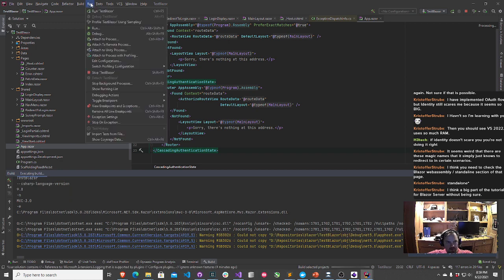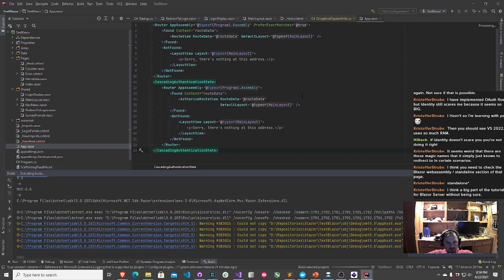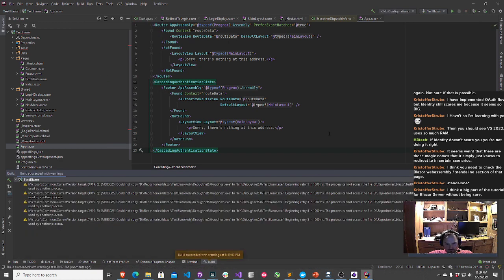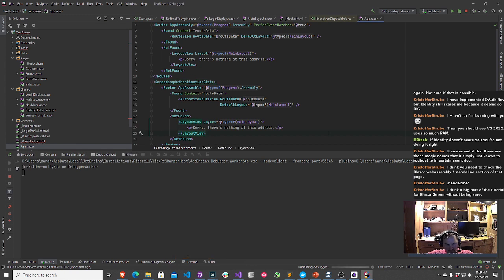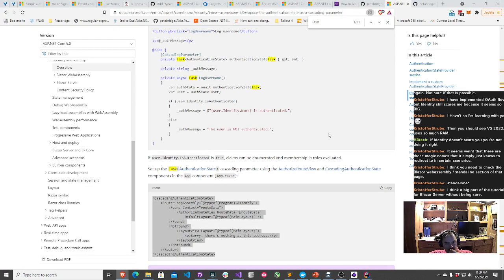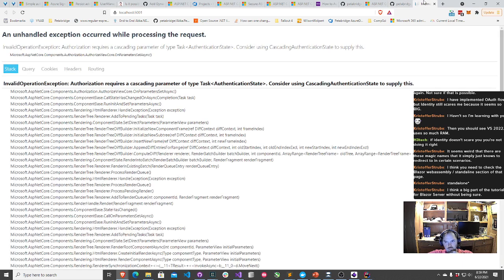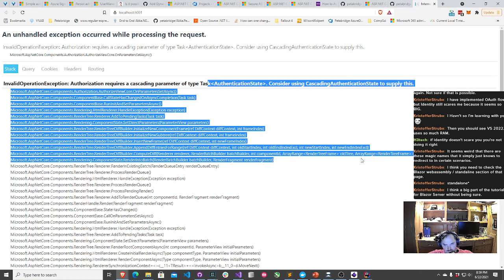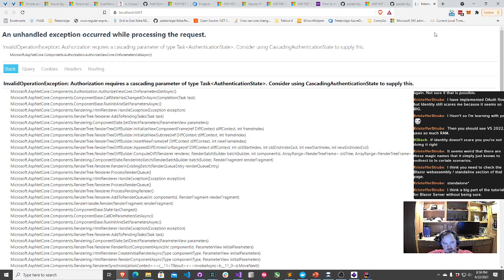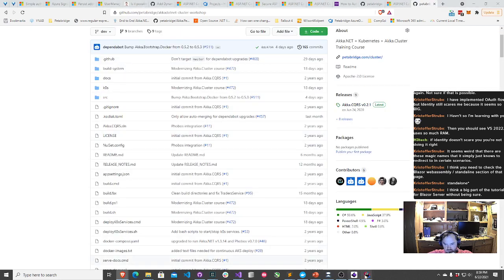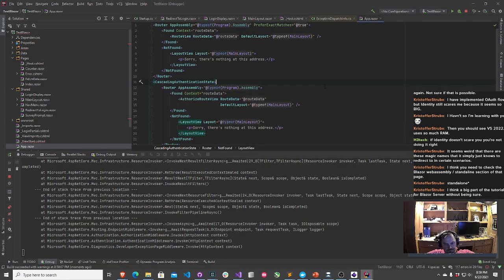Could not copy. All right. That'll work. Consider using cascading authentication state to supply this. Okay.